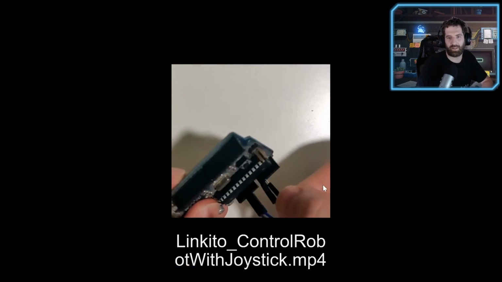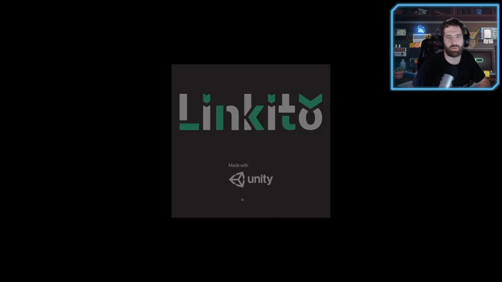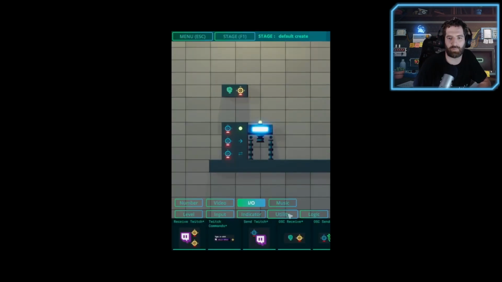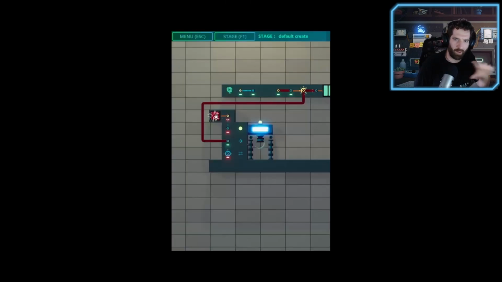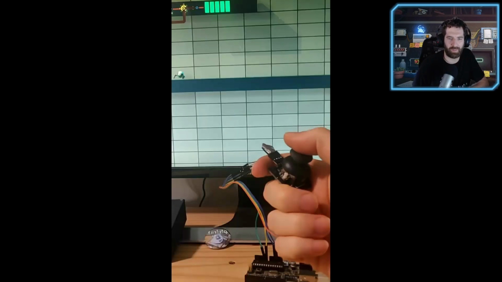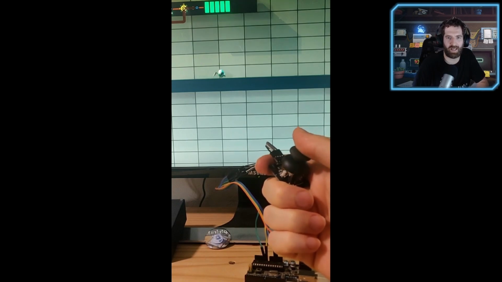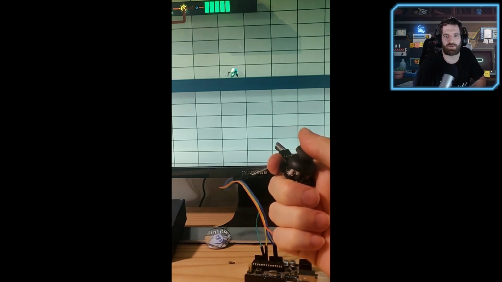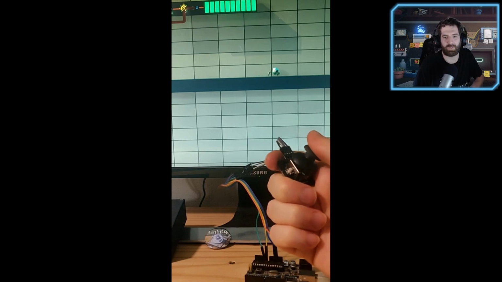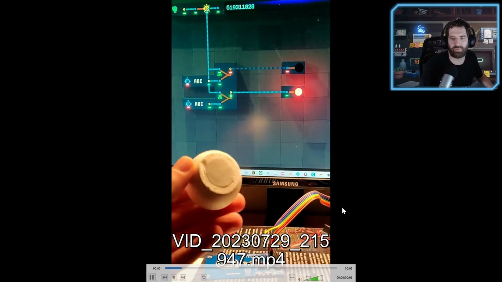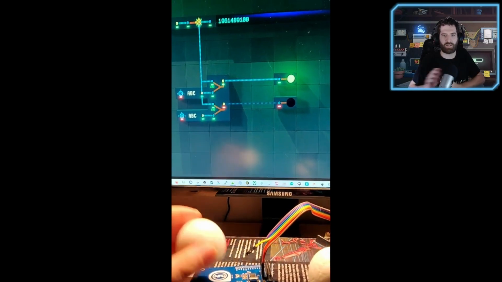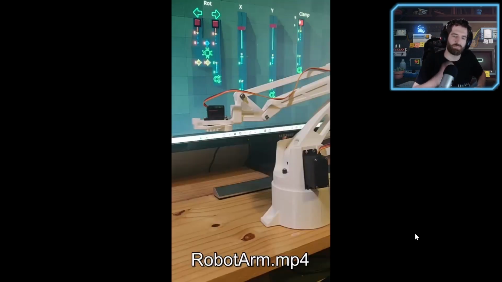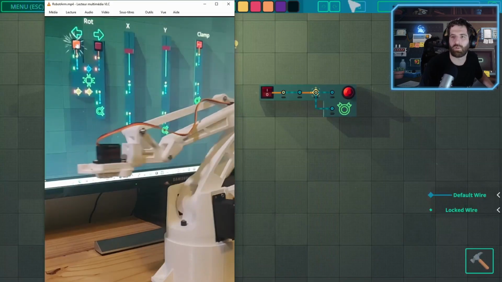Or for example, in 3 steps, how to create some kind of custom controller for the game. That's all. These features are really not mandatory. You can enjoy the game without that, but for makers, for do-it-yourselfers, you can really create whatever you want in the game, and it can be funny. This one is just NFC, with some stickers that are detected by the game.